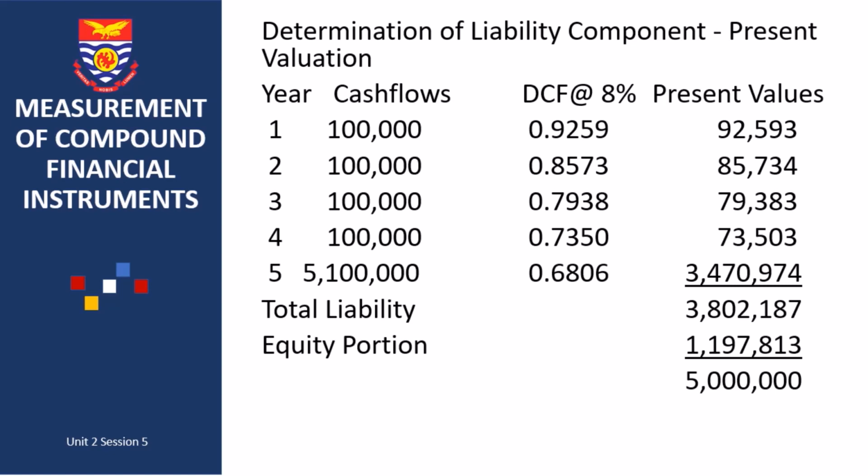When you get to the fifth year, at the end of the fifth year, the principal will be paid. So that year, you have the principal together with the interest, giving us 5.1 million. Then you apply the discount factor at the fifth year, giving you a present value of this. Now the summation of the present value from year 1 to the fifth year gives you the total liability. So when we add all this, you'll be getting